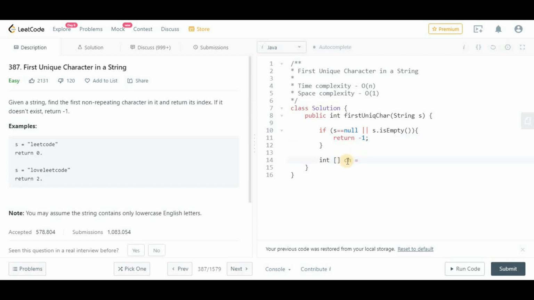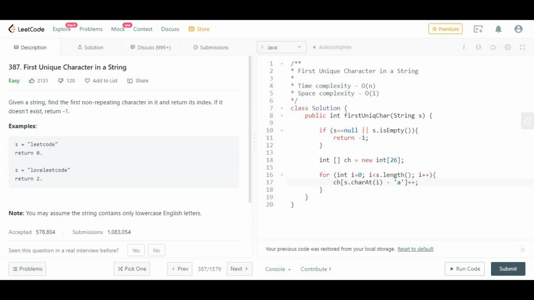Now we are taking a 26 characters integer array. I will traverse our string. Now I will do the count of ch of s dot charAt i minus a.